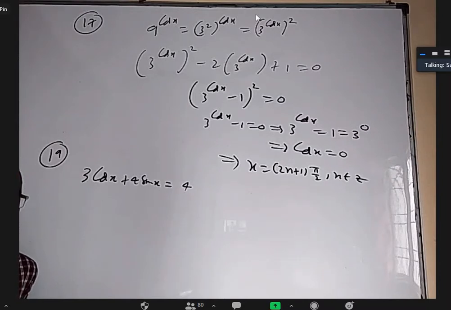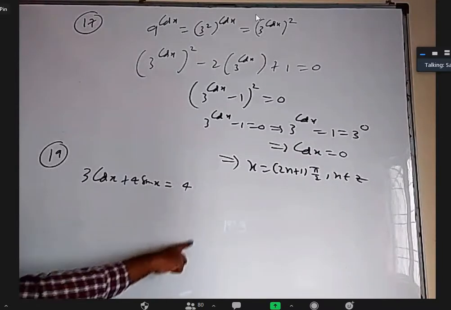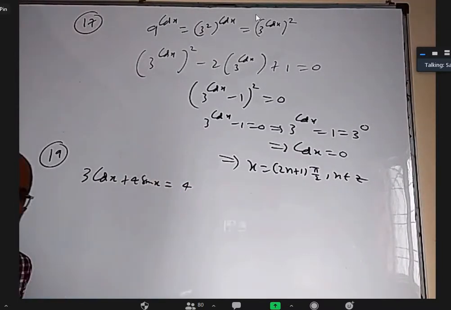Sin x equals 2 tan x by 1 plus tan square x, no, sir. Yes, somebody said I divided by cos x, it's good. It would be in terms of tan x and secant x, but then secant x is square root of 1 plus tan square x, and that too plus or minus. Okay.